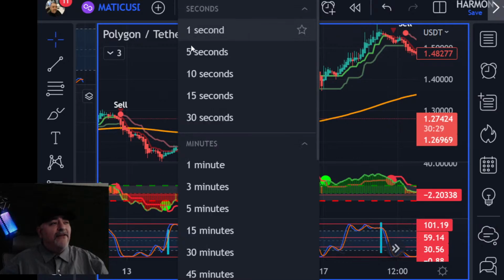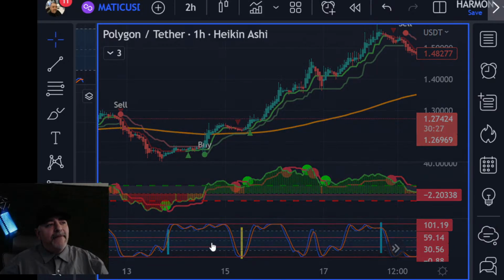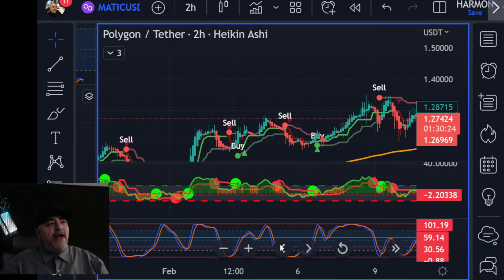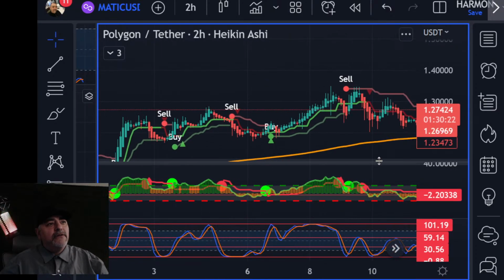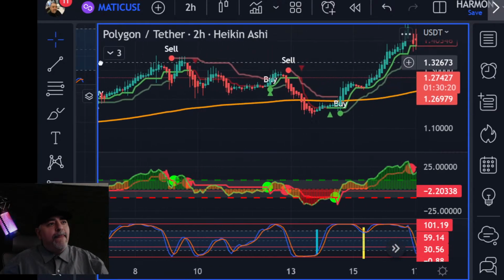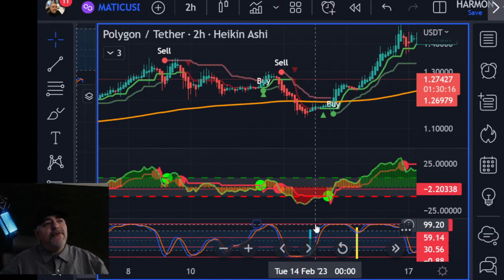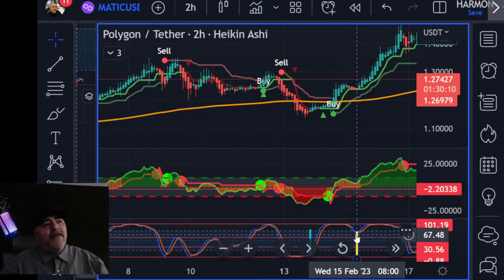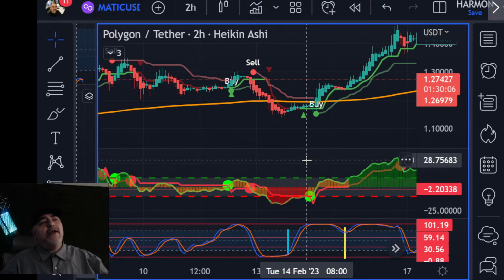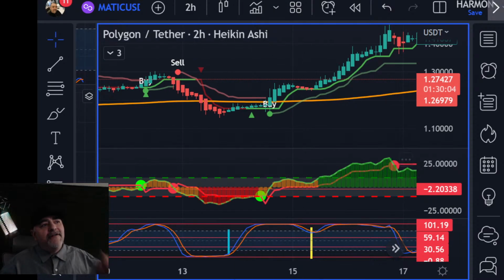Now let's go back and look at the 2 hour so you can see what's happening. On the blue line, which is the 2 hour, we can see right here the 2 hour is at the bottom, but the 1 hour was oversold, right? The 1 hour pulled back here, and this is where we see the pullback of the 2 hour, and that's where we see the run. So what do we learn from this, right? What we learn is that we need the 2 hour starting to make its move,